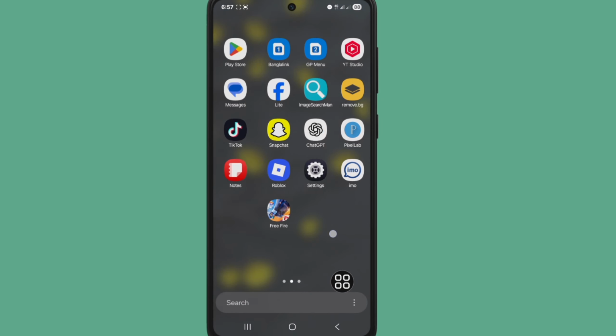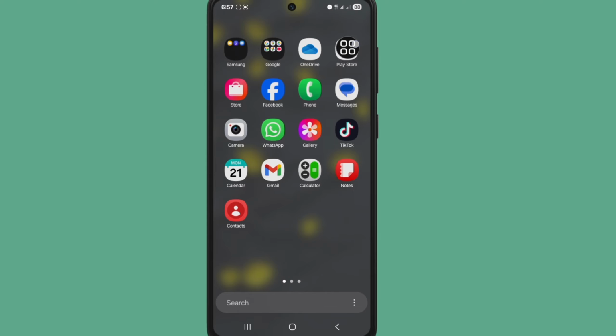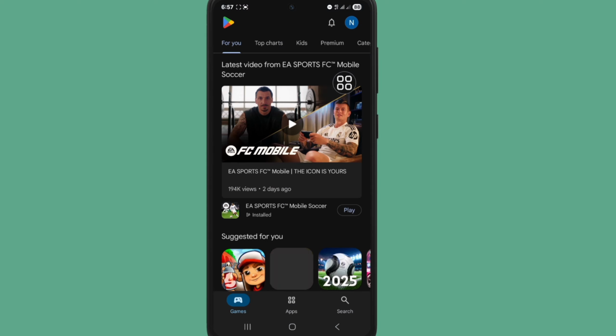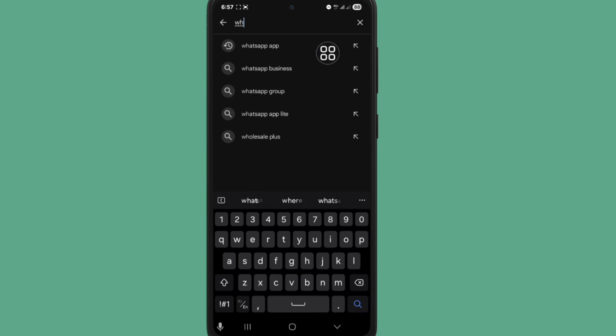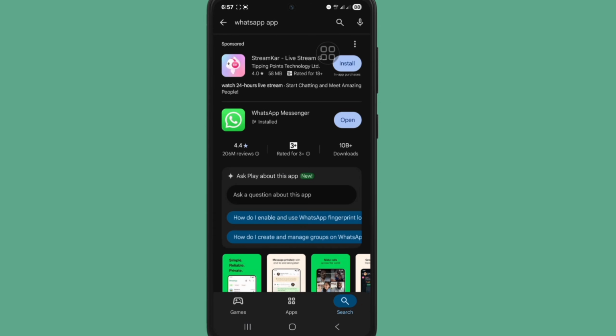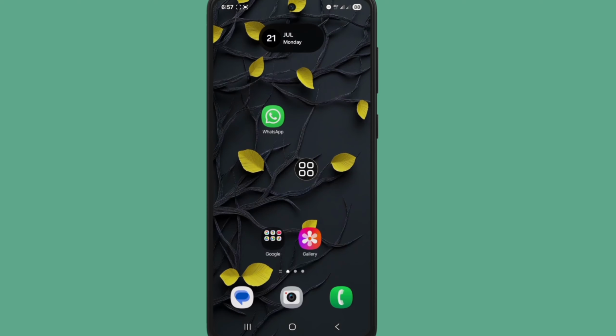Now open your Play Store application, click on the search bar. Here search WhatsApp. Now update your WhatsApp app if it is available to update. Now open your WhatsApp application,